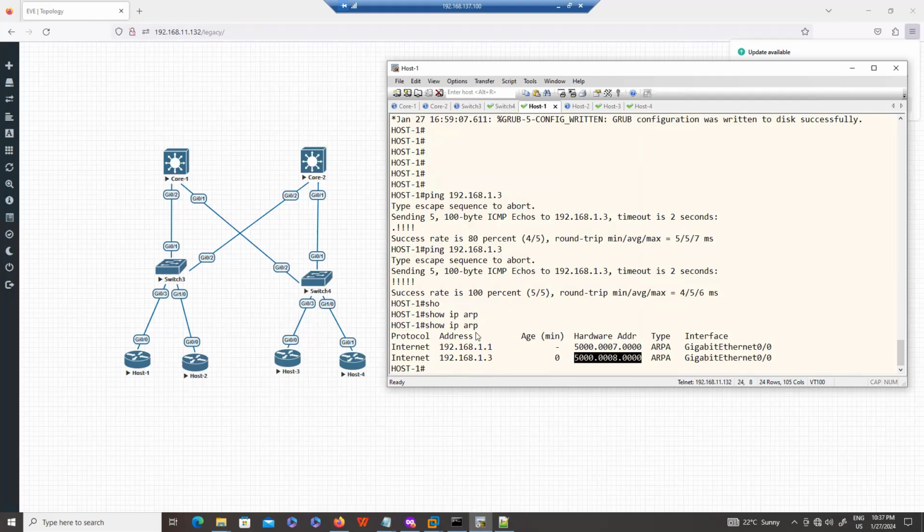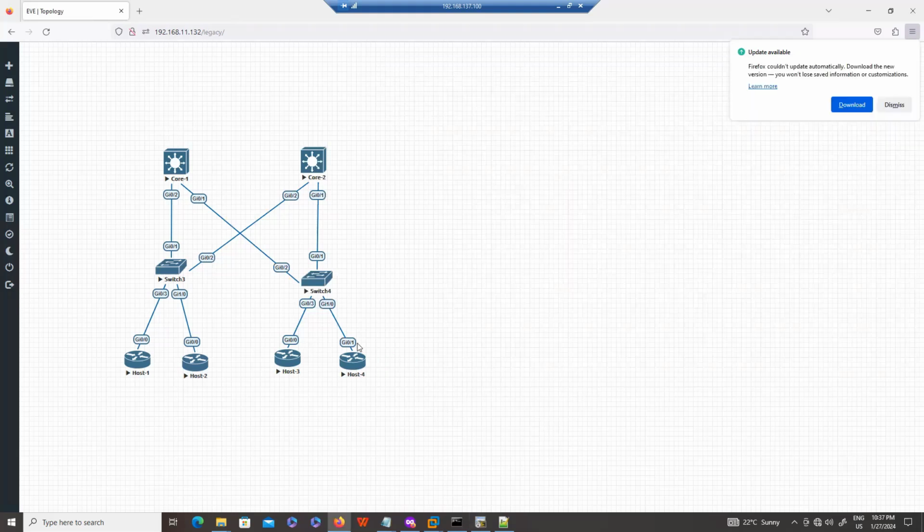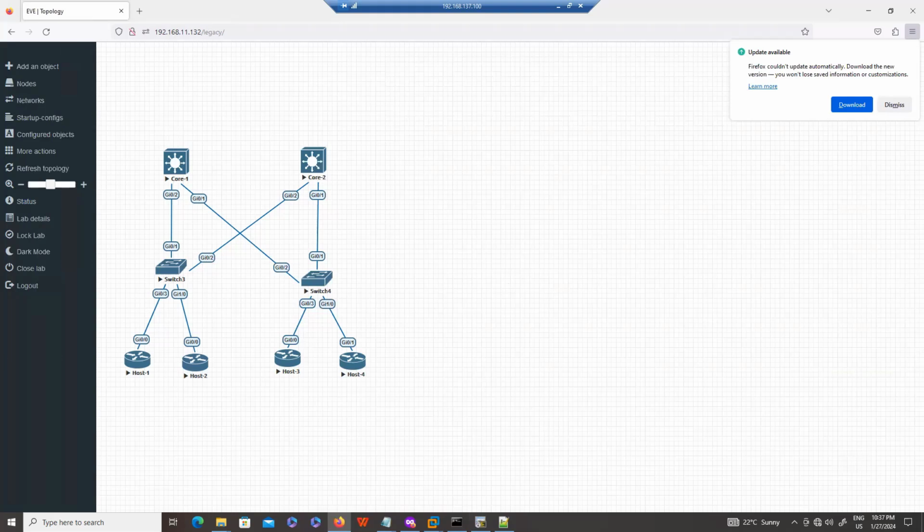So in that case, this is my IP, this is the destination IP, and for the destination IP we are seeing the MAC address. If you see this diagram, guys, to reach from this machine to this destination, this is my source IP, which is 1.1, and my destination IP is 1.3.